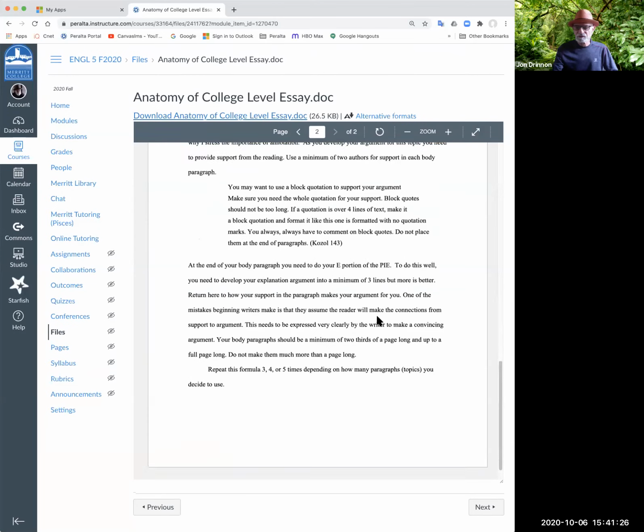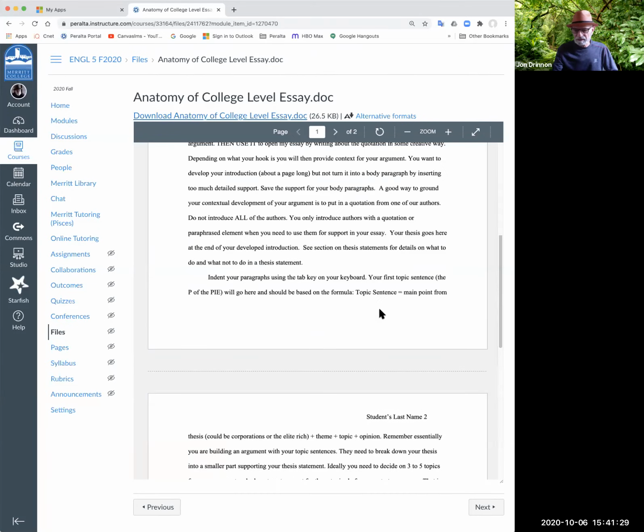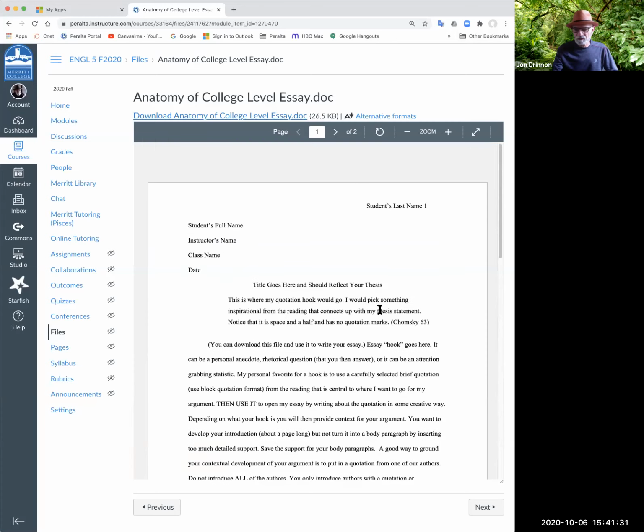And so it's useful in terms of the formatting, etc., to just download it to your computer and to just use this file to write your essay on, and then to use the formatting to help you. So once you download it, you can just highlight something, select it and delete it, and then you can just put your own writing in there and start writing your essay. So this is a helpful tool.